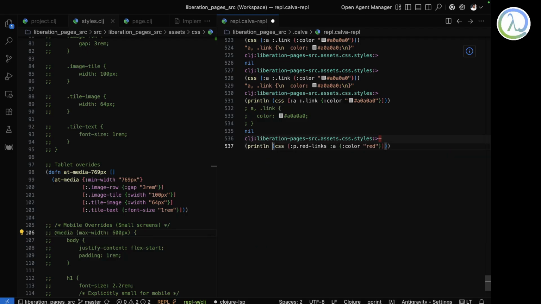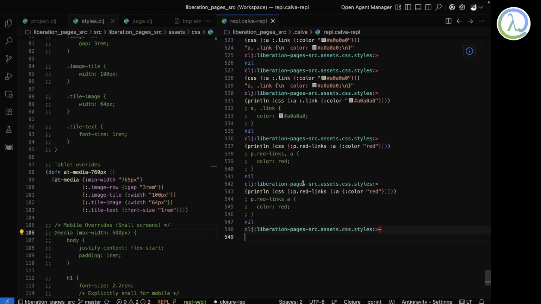Okay, it should be like this one. I'm sorry, there should be another bracket here, and P red links here.